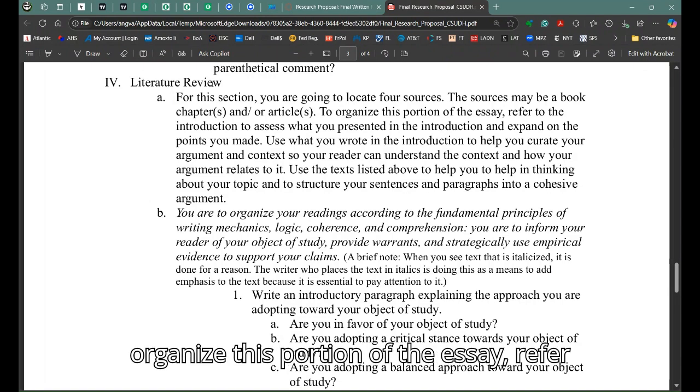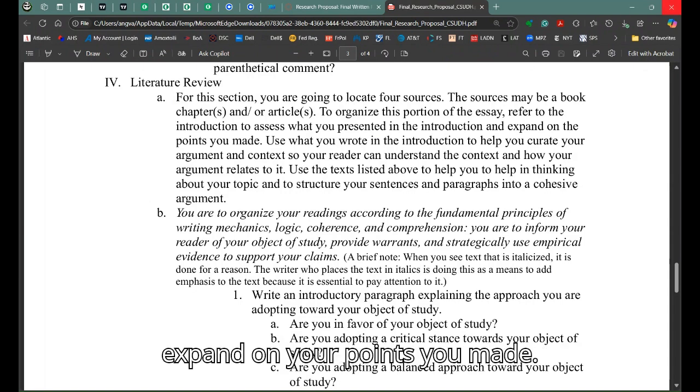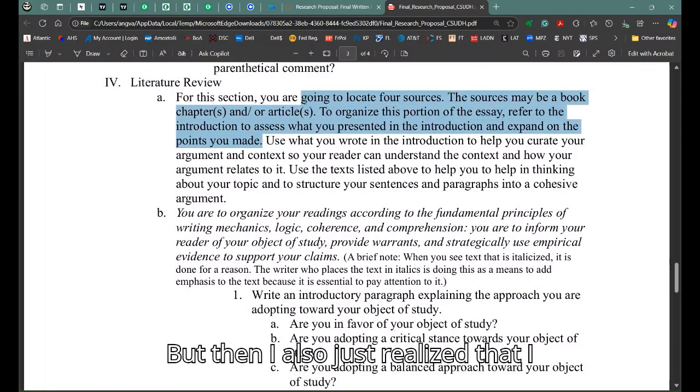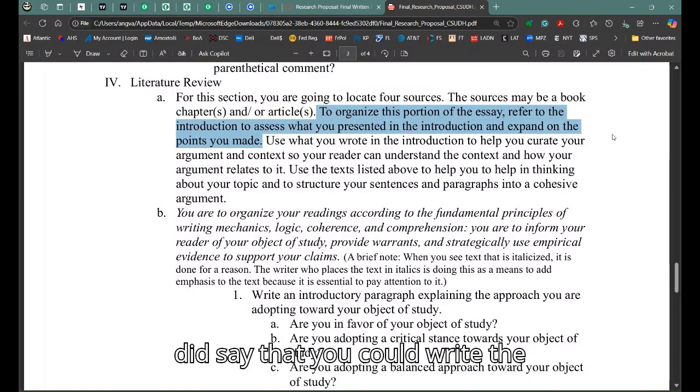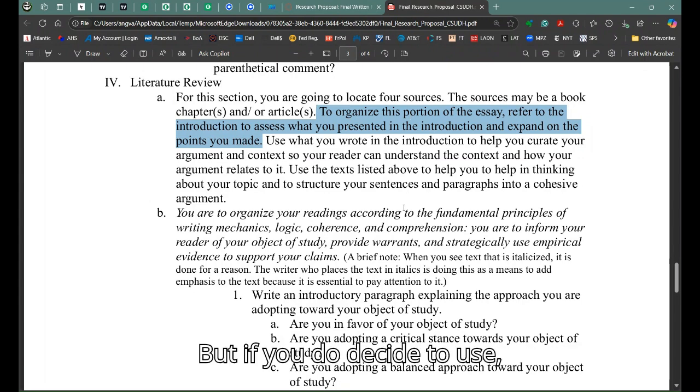To organize this portion of the essay, refer to the introduction to assess what you have presented in the introduction and expand on the points you made. But I also just realized that I did say that you could write the introduction last, so this point would be a moot point. But if you do decide to